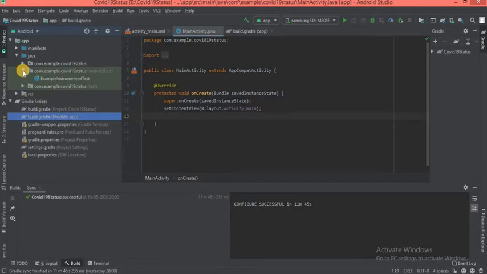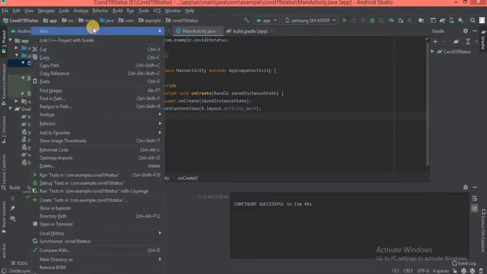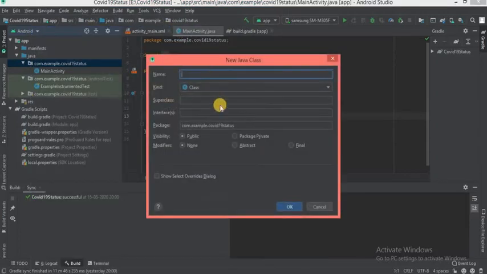Next we will see how to create a model class. A model class is nothing but a plain Java class. We need two Java classes. The first one is for storing global data. For that, create a class called GlobalData. Click enter.